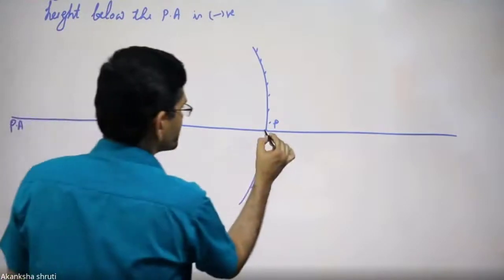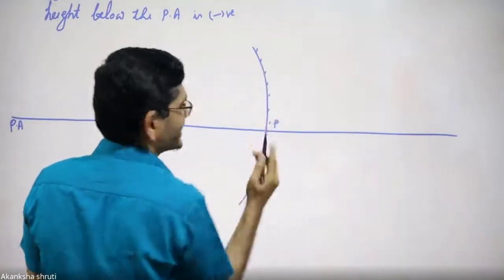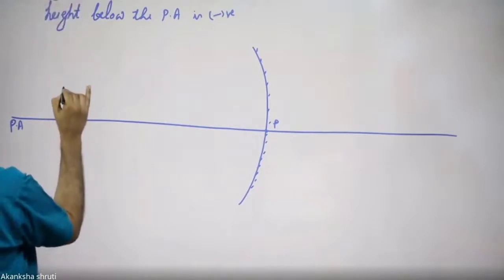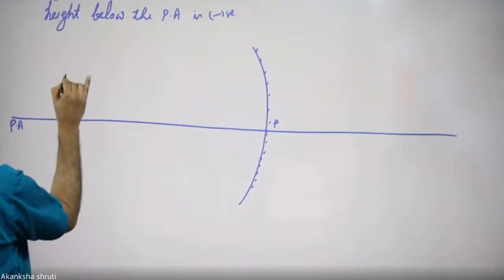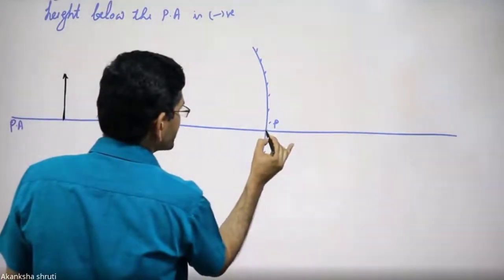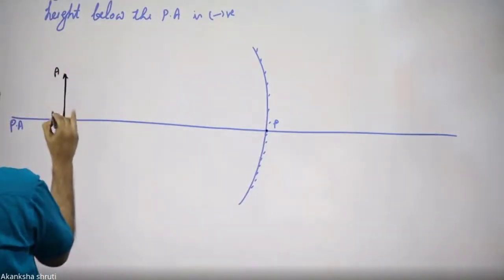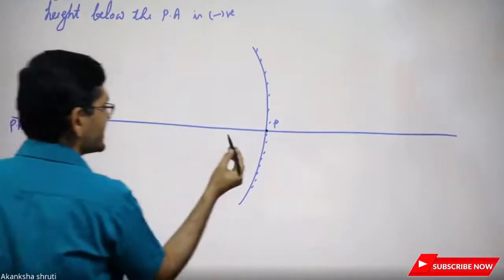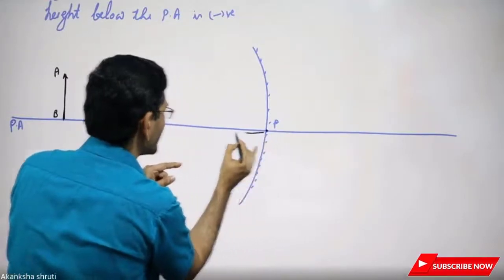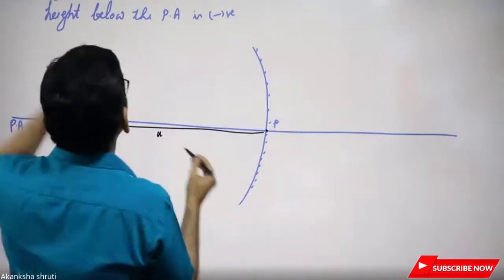Students, this pole has to be taken as the origin, and this mirror itself has to be taken as the y-axis. If I am considering the object is placed somewhere here, this is the object, then the distance from this pole to this object, let us name this object AB. That distance, students, from this pole you have to observe it horizontally. Now this is the distance. This is called the object distance u.